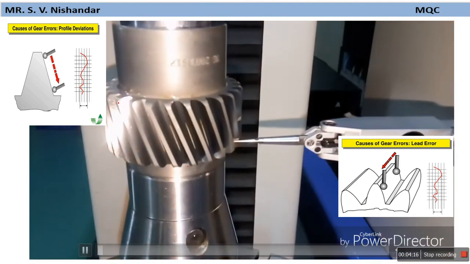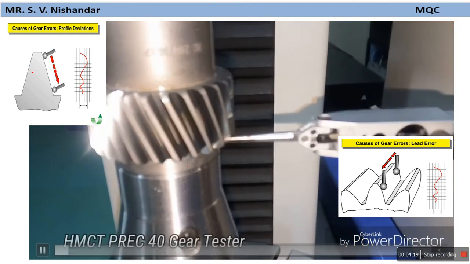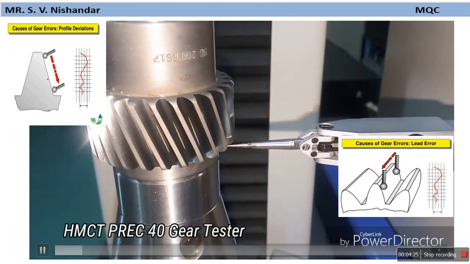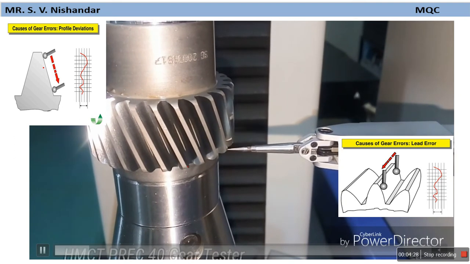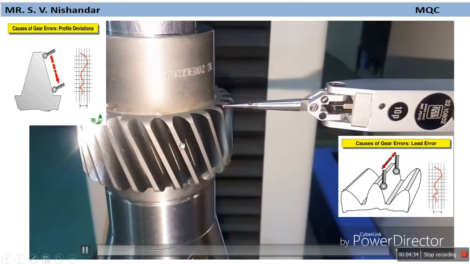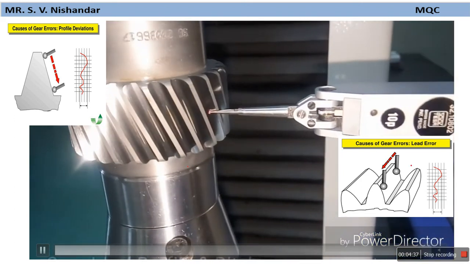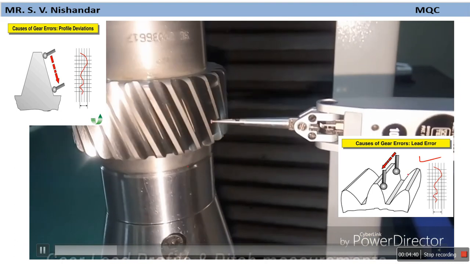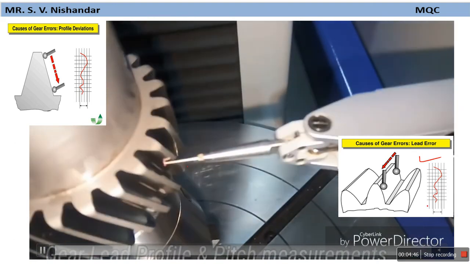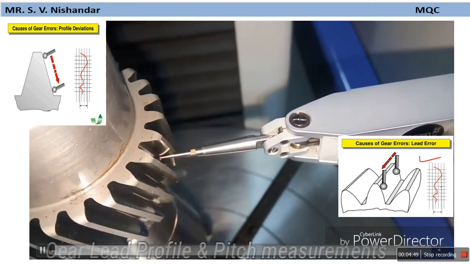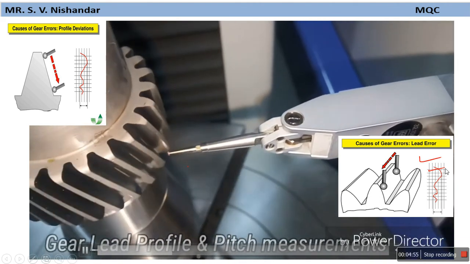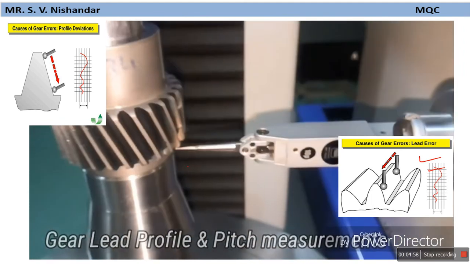If you see these two pictures, the probe moves over the contour of the tooth profile, so you can find the path traced by that pointer. If you see this video, you can see how they move. There is a movement here by which we can measure the lead. The probe moves over the flank, over the profile, and traces the path. I take these results of the variation in the surface and overlap them with the master gear's trace path.